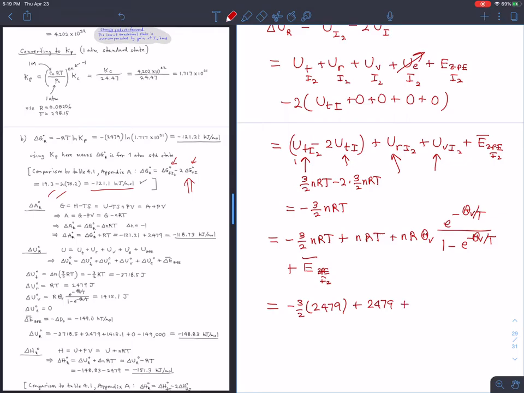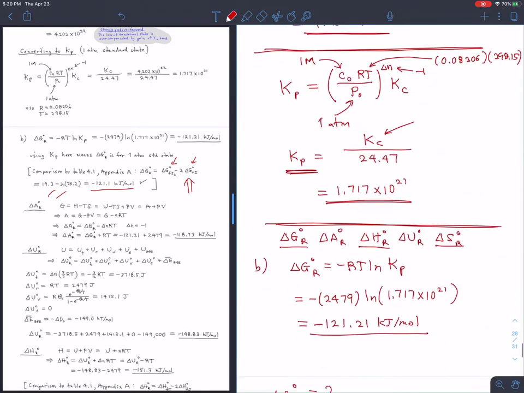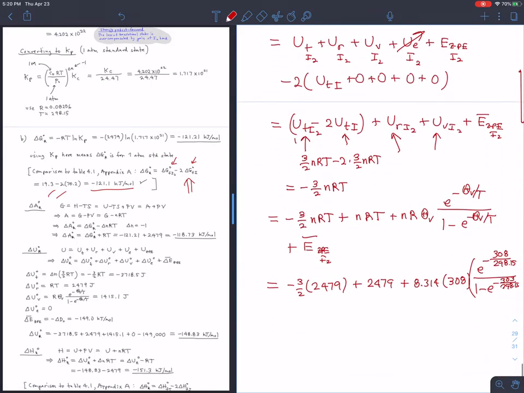Plus, now n is 1, so 8.314. Theta vibe is 308 for I2, e to the minus 308 over 298.15, 1 minus e to the minus 308 over 298.15, and plus the ZPE factor, which is